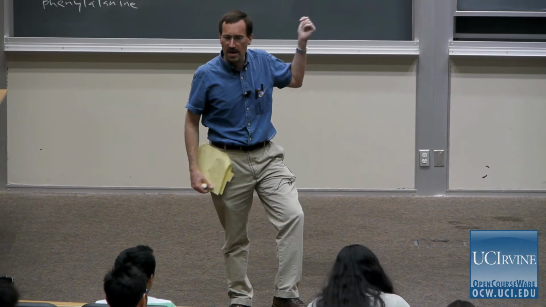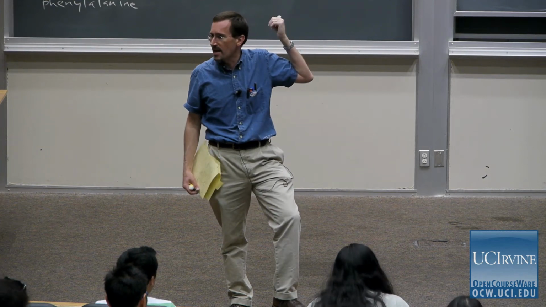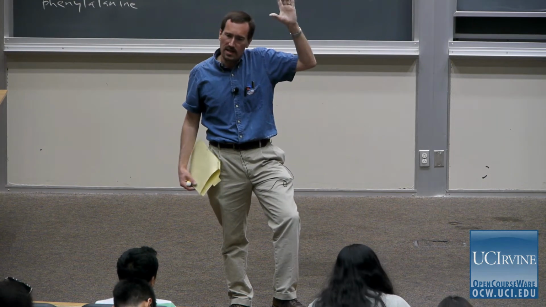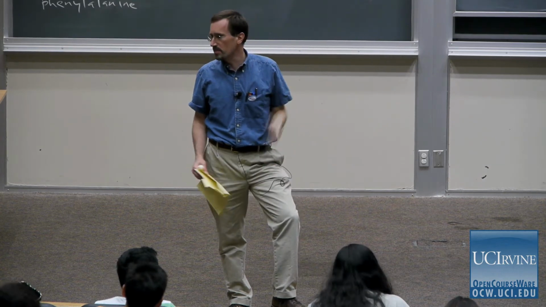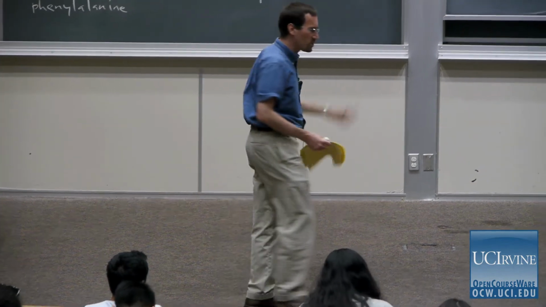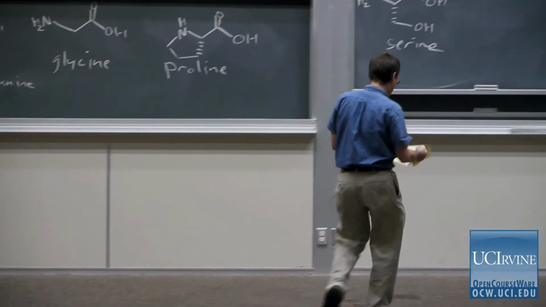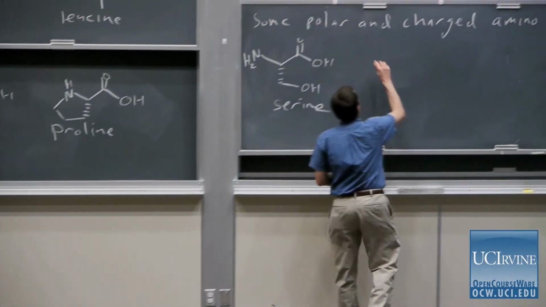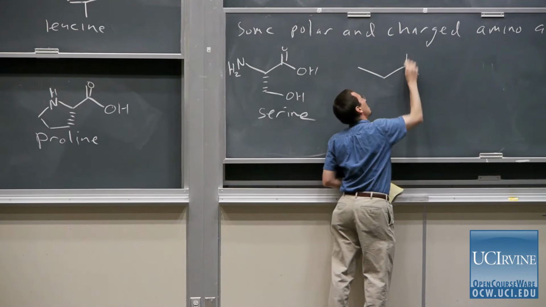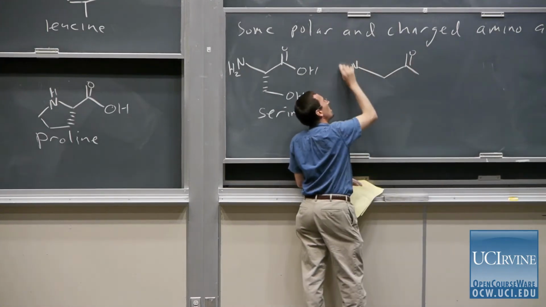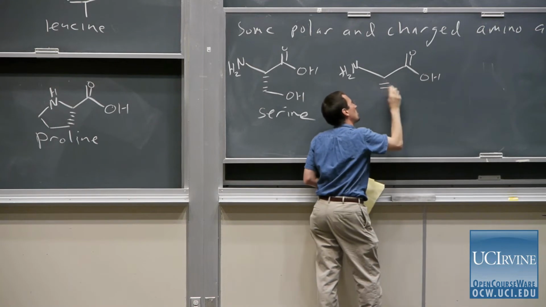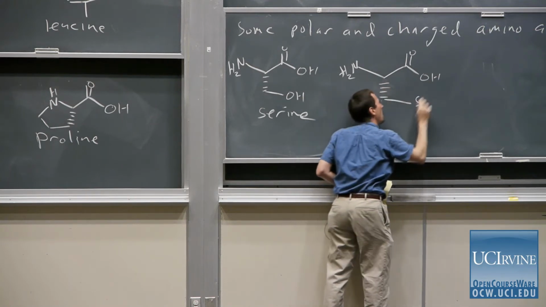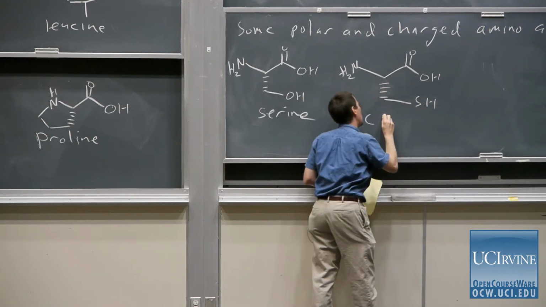So serine, if you can't read my writing, S-E-R-I-N-E, is just like alanine, but it has an alcohol group. It has a hydroxy group off of the methyl position. There's threonine as well, which has an extra methyl on there, but I won't write it out for you. So I talked about cross-links from sulfur, and they're one of the important things in protein structure. So the amino acid cysteine